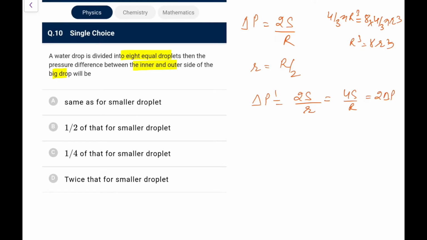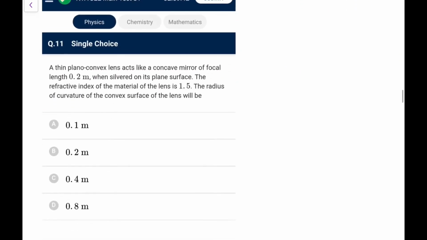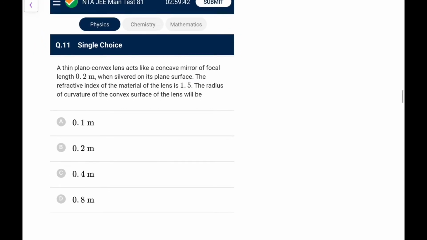So it would be twice of delta P. So in the smaller one, that would be more. So the pressure difference between the inner and outer side of the bigger drop will be half that of the smaller drop. Next, a thin plano-convex lens acts like a concave mirror of focal length 0.2 meters when silvered on its